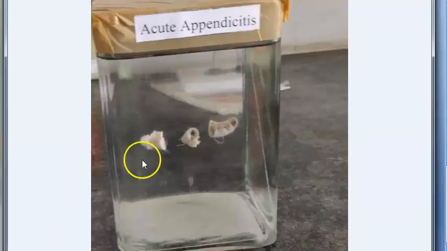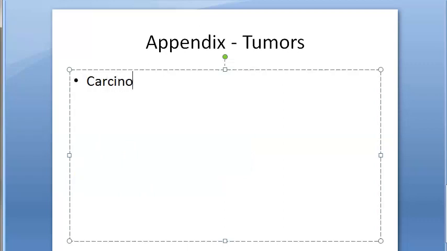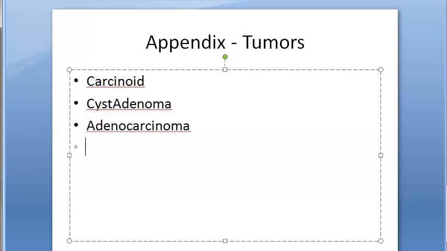Then they may ask you what other pathologies you know about appendix. So you can say there can be carcinoid tumors, there can be adenocarcinoma, there can be pseudomyxoma peritonei. So basically it just goes from here, there, anywhere, right? They can ask whatever they want. So tumors like carcinoid tumor, cystadenoma, adenocarcinoma, pseudomyxoma peritonei. So basically this can accompany appendiceal tumors.